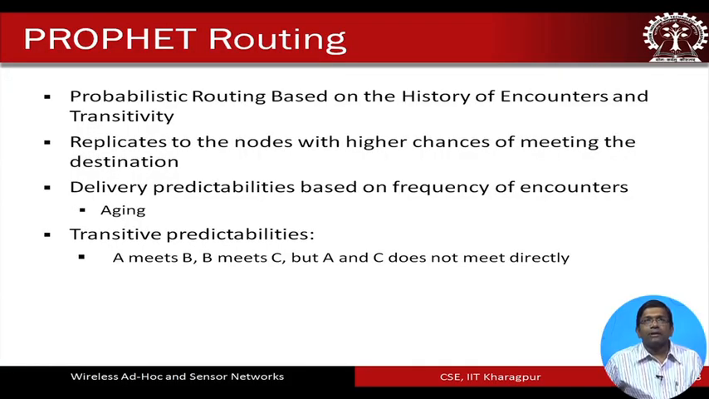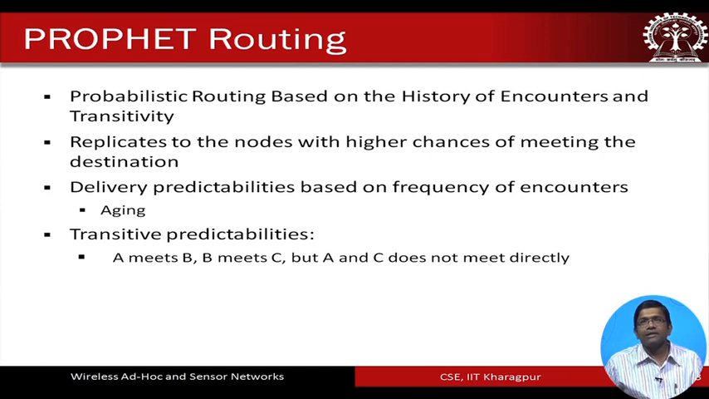Next comes the PRoPHET routing. The full form of PRoPHET is probabilistic routing based on history of encounters and transitivity. The full form basically tells all about what PRoPHET does. In PRoPHET, the message is replicated to those nodes which have a higher chance of meeting the destination, and there are delivery predictabilities. Predictability means probability. The delivery predictabilities are calculated, and based on those probabilities, on the basis of the frequency